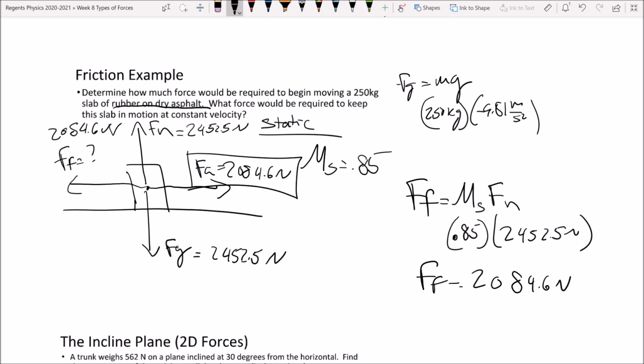So not only are we doing some math here, but we also have to make some assumptions with the concepts of physics